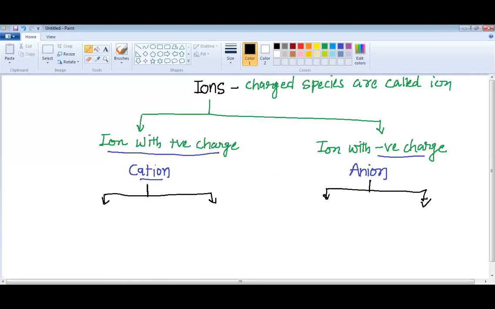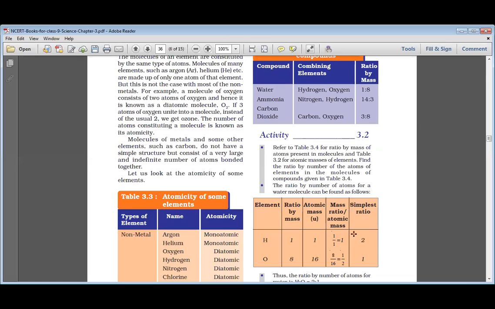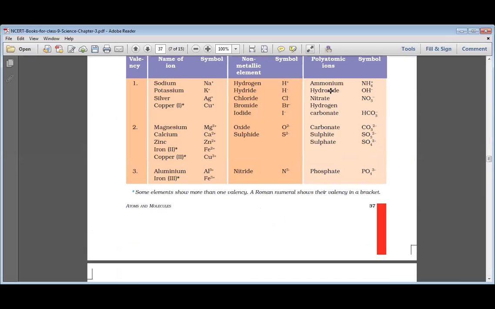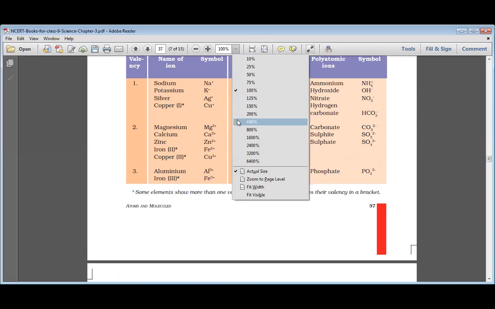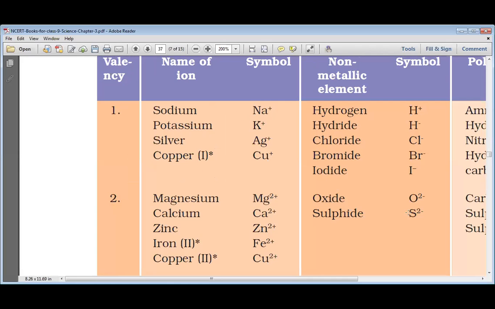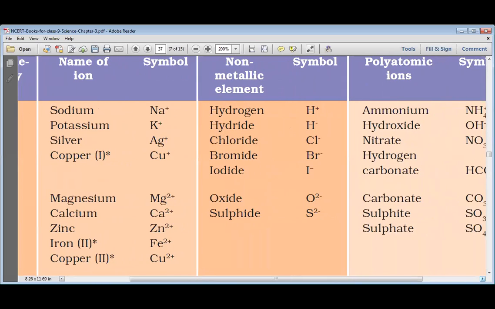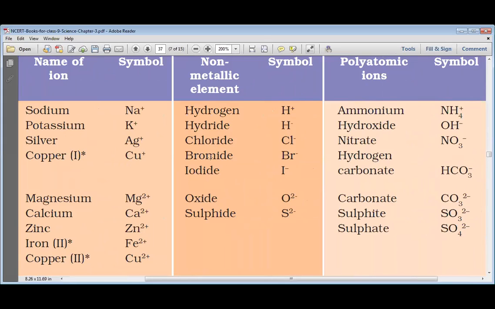Let me show you first the various ions and then we can discuss the ions of two types. My dear students, just have a look at this table which I keep in front of you. Do you see the table in front of you? Yes, sir. OK. What do you see in it? You can see here, my dear students, that sodium has Na+1, which is known as